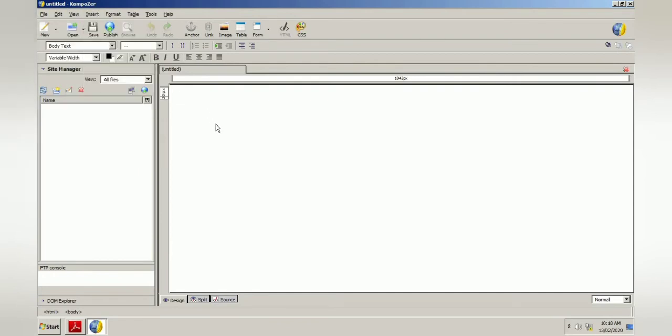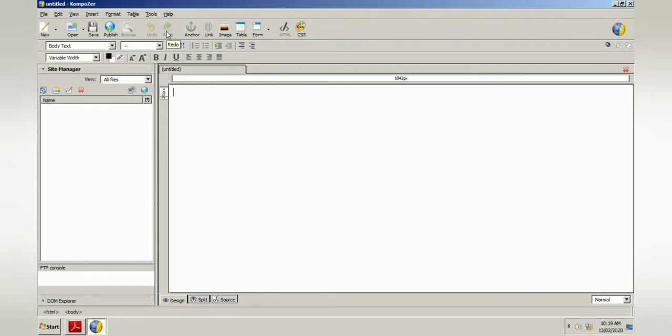Then just below the menu bar we have the composition toolbar. This composition toolbar has the most frequently used buttons. Which are the buttons that we need to access frequently in our Composer software? Those buttons are kept over here. New, to create a new web page. Open, to open an existing file. Every time we have to save the file, so the save button is there. Publish, to publish our web page on the internet.